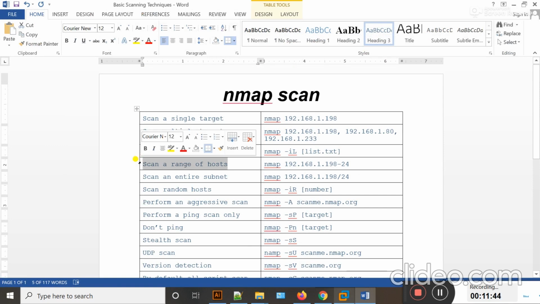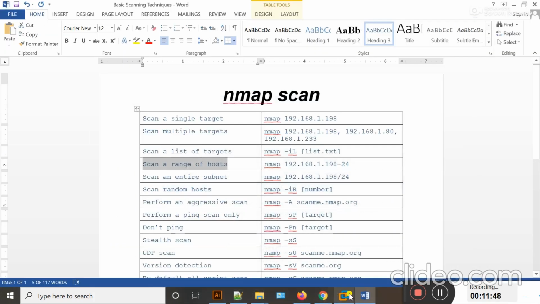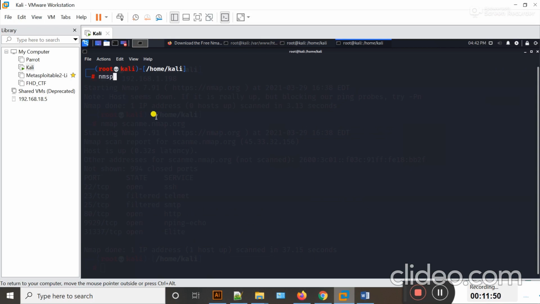scan a range of hosts. Guys, if you want to scan a range of hosts, you can also do so by using the hyphen sign. If I type here 192.168.18.100 and then I put the range, that should be 198, and hit enter.